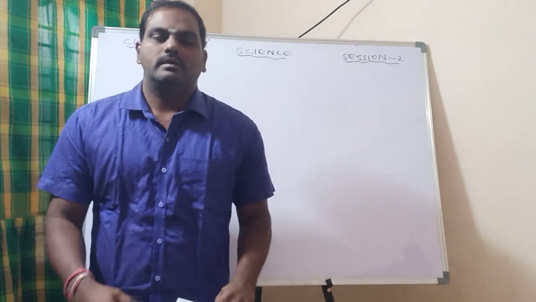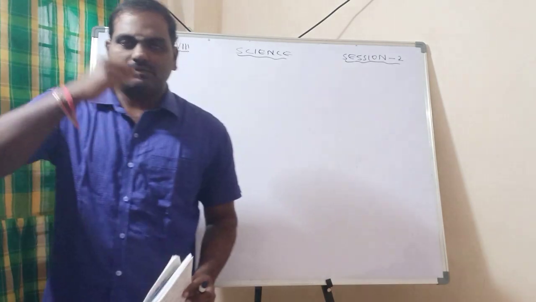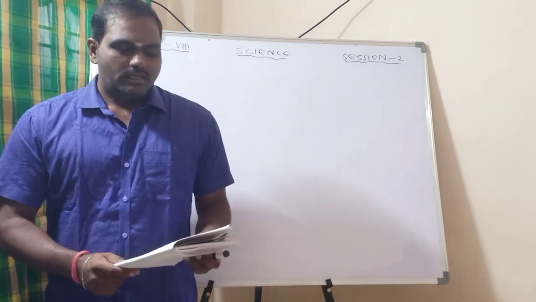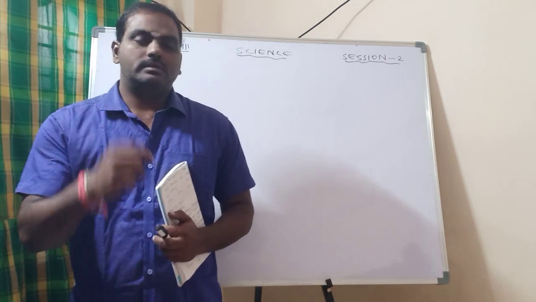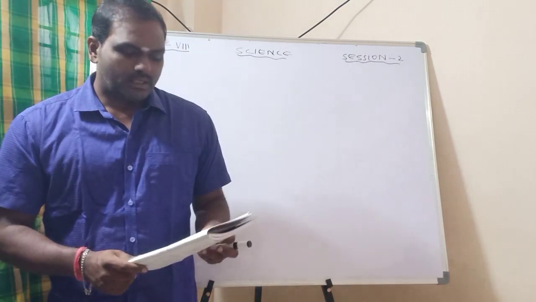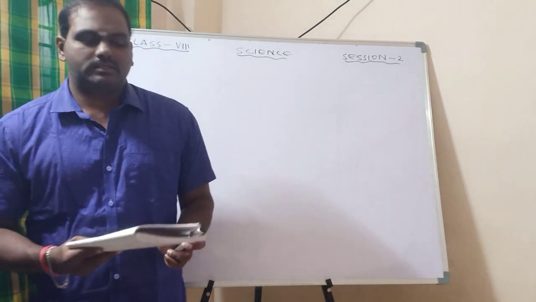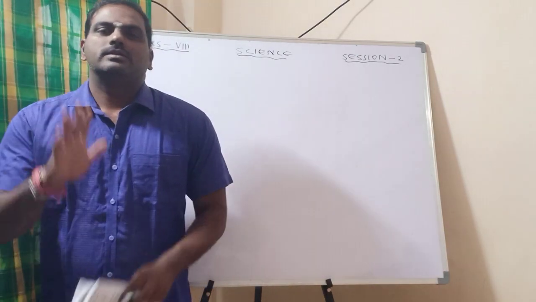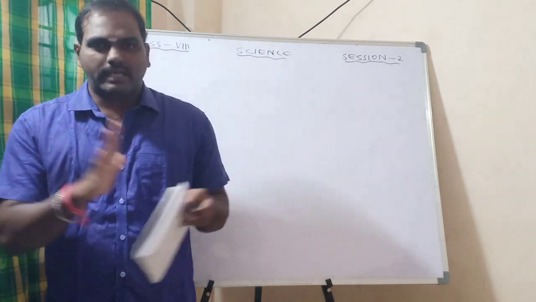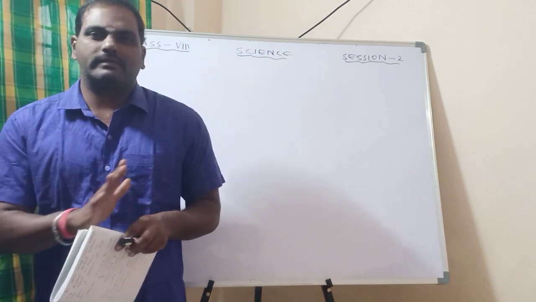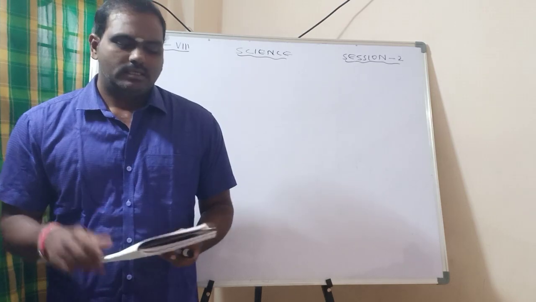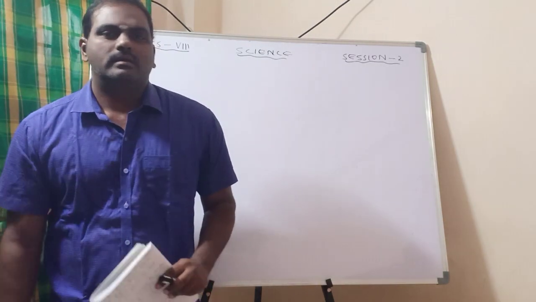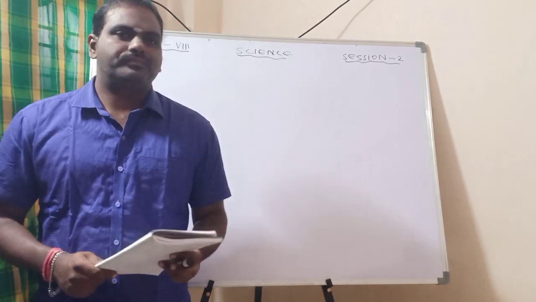Whenever we are doing some activities, digging, squeezing, whether it is push or pull, we have discussed that. Later we discussed types of forces. There are two types of forces: one is contact forces, and the second is force at a distance, also called field force. Contact force means there is a direct, physical contact between the two interacting objects. We discussed some examples: squeezing of lemon and squeezing of toothpaste.